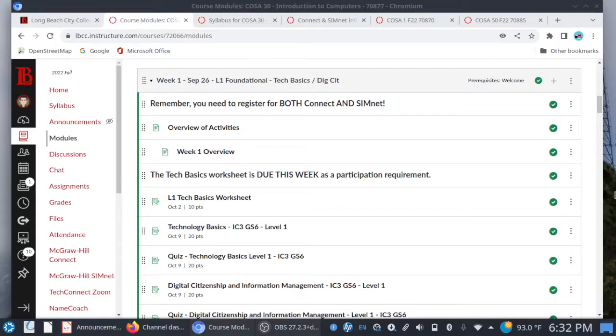And we're pretty much following the IC3 digital literacy certification. Now, there are 3 levels to the IC3, and they're called level 1, 2, and 3. Level 1 is the foundational level, and there are different areas we're going to be looking at, such as tech basics, digital citizenship, communication, collaboration, safety, and so forth.